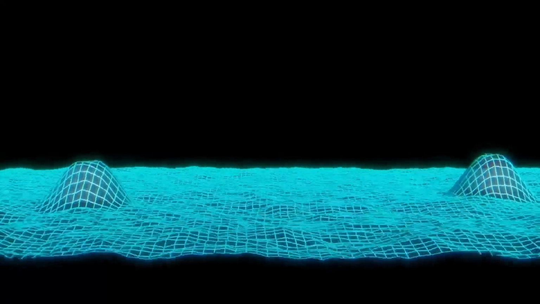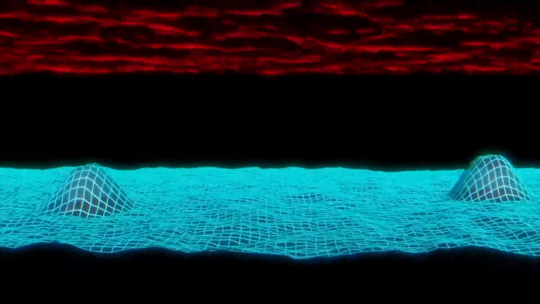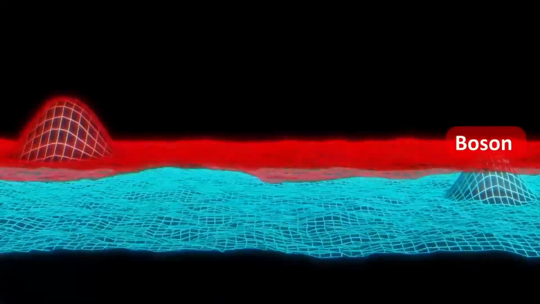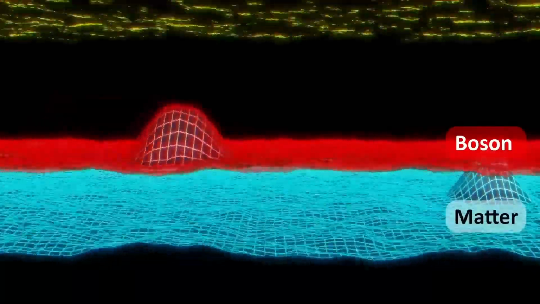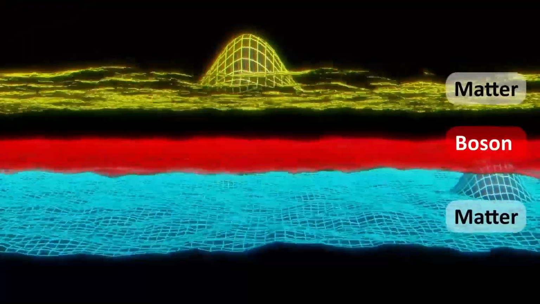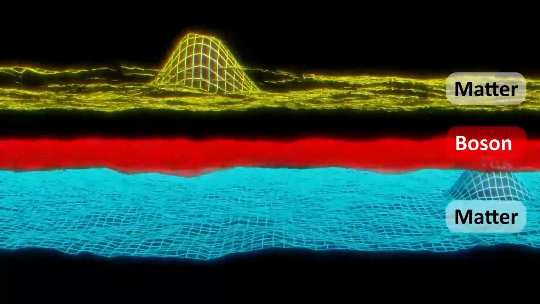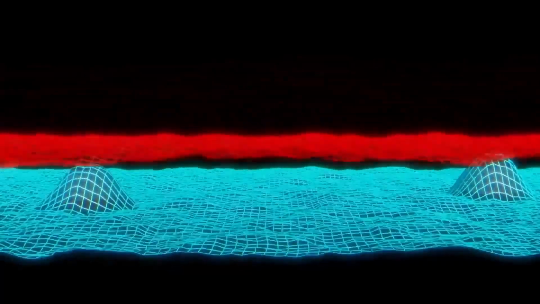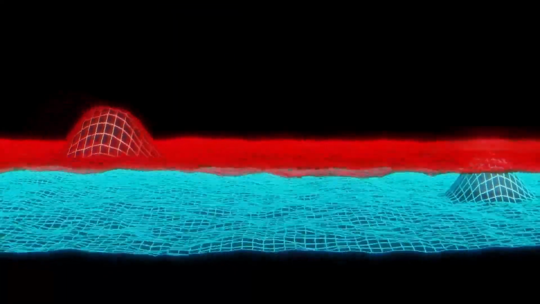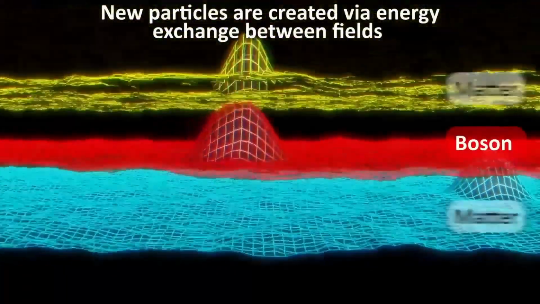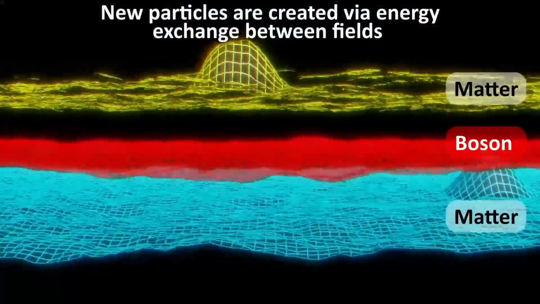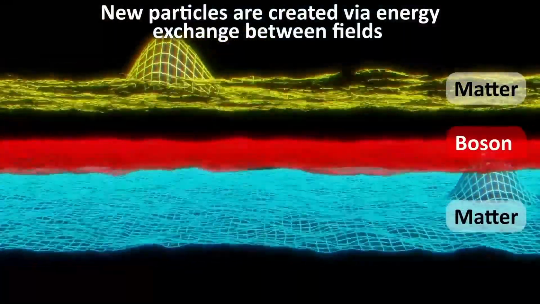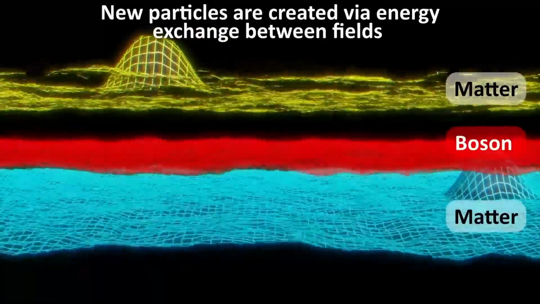Now energy can be transferred between two fields via a mediating boson field. This is considered an interaction or a force. Matter particles can't interact on their own without a mediating boson. So while in quantum mechanics there's no way for the neutron to split its energy into 3 different particles, a proton, electron, and an antineutrino, in quantum field theory this can be done via energy exchange between the fields.